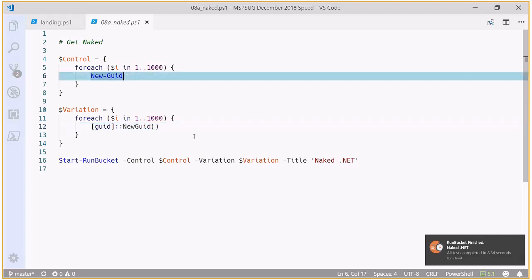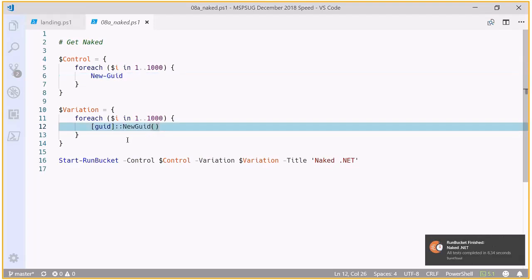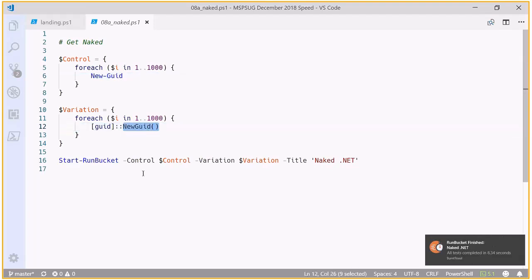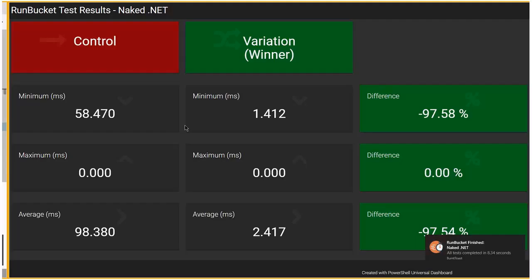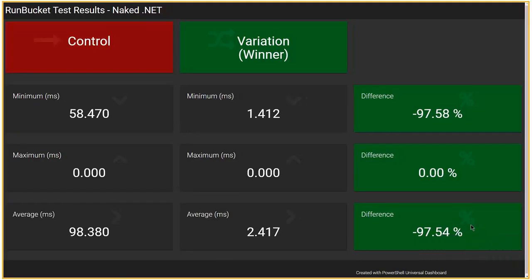The only difference being this one uses the commandlet and this one uses the new GUID constructor on the GUID class. This is probably one of the biggest differences of all of these examples, but the commandlet takes almost 100 milliseconds. Just by switching to that .NET notation, it's down to 2.4,